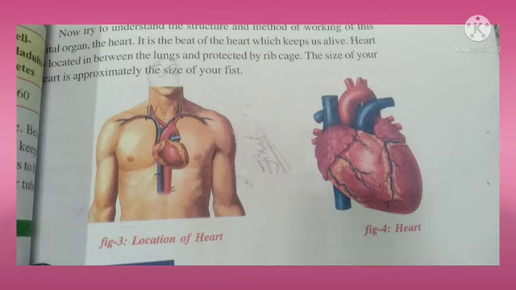The heart is a pear-shaped structure, triangle in outer line, wider at the anterior end and narrower at the posterior end. The heart is covered by two layers of membranes. The membranes are called pericardial membranes. The space between these two layers is filled with pericardial fluid, which protects the heart from shocks.